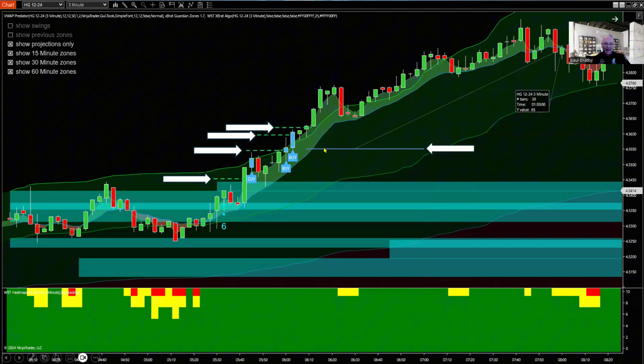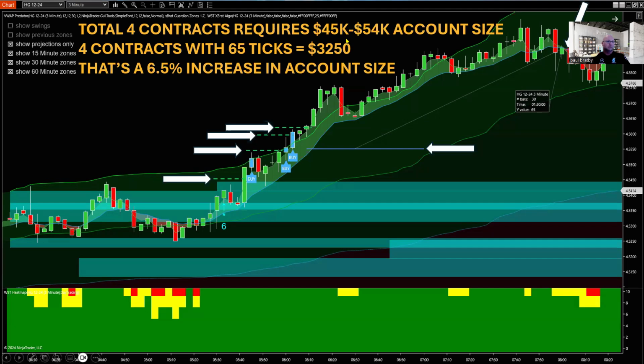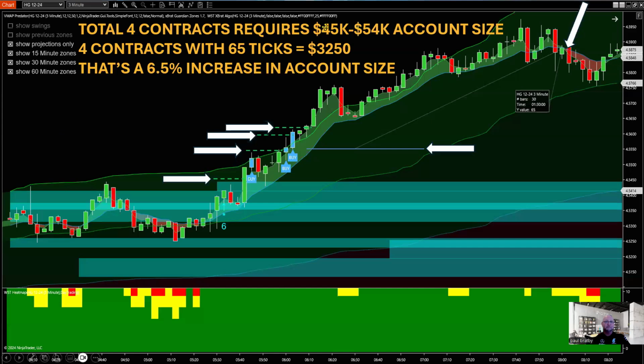We got our average holding position all the way up here. We're going to be using the VWAP Predator moving to red on this ribbon here to actually take us out of the trade. Okay. So let me move my ugly mug out of the way down the bottom somewhere. So total 4 contracts requires a $45,000 to $54,000 account size. 4 contracts with 65 ticks in total. So that 65 is measured from our average holding position to the close,